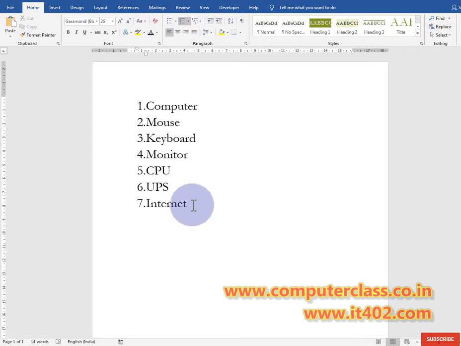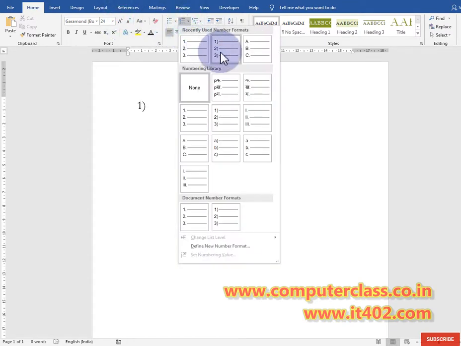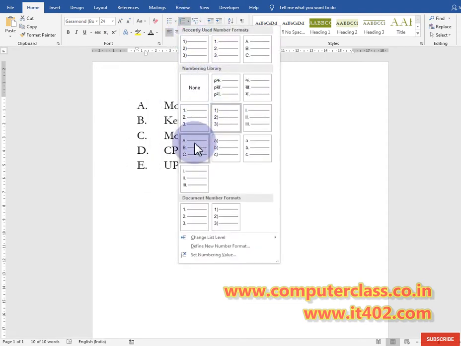First you can write some words, after that you can choose them in the basic or starting. First select a font size, after that select a style, and now you can write mouse, keyboard, monitor, whatever you want to prepare. So this is called numbering. You can change them later on by selecting. After that you can choose any of the other styles which are available here.